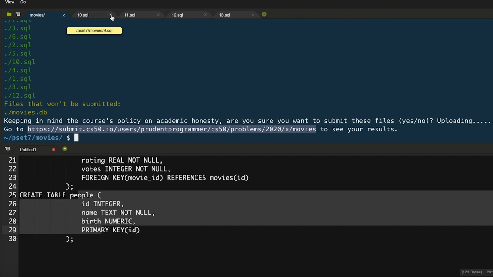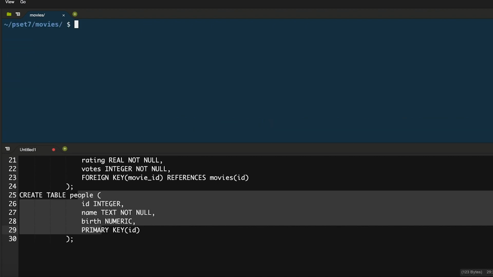So in movies, we just have to write SQL queries. The most tricky being 9.sql, I would believe, as well as maybe 13.sql. All you have to do is just break it down in steps, and it'll be a lot clearer to you in terms of how it works. Okay, the only